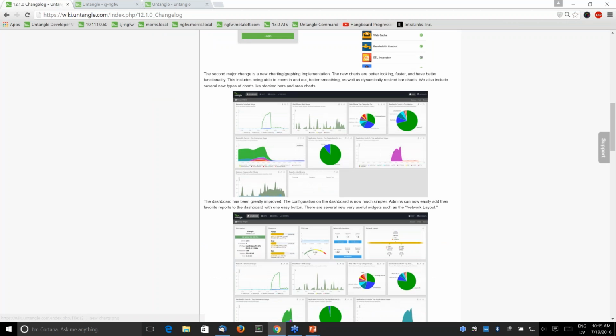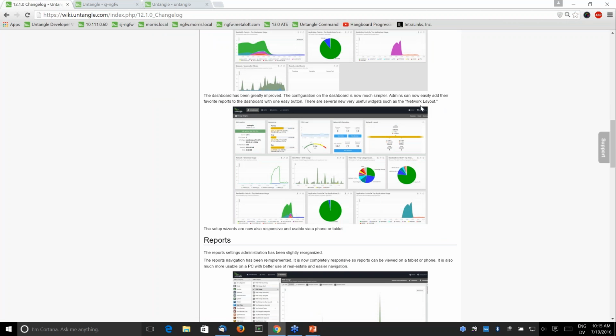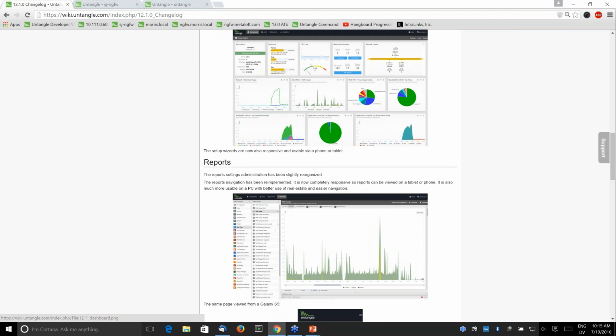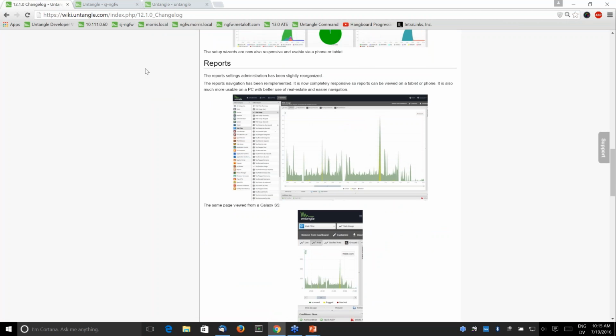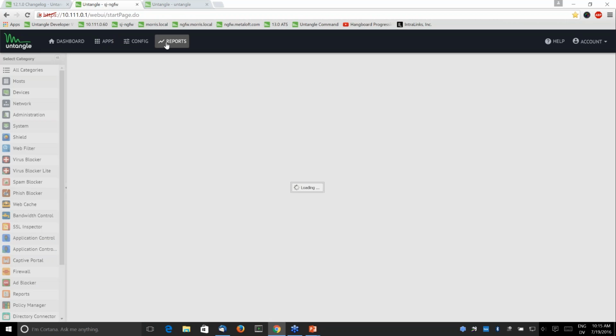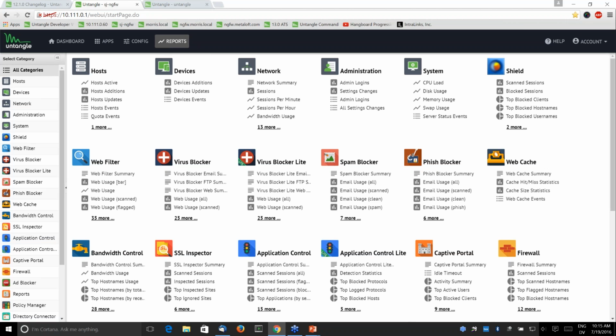I think I covered most of the dashboard and most of the new widgets. Reports, let me jump into reports. We have changed the way navigation within reports works, and this will be much simpler. If you go to reports now, you've got all the same categories, but now it's viewed here on the right. So I can go directly to one of the ones that I see on there by clicking on